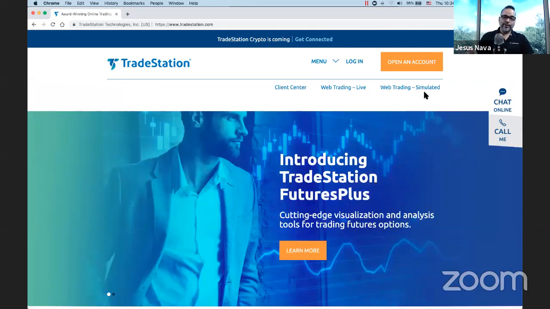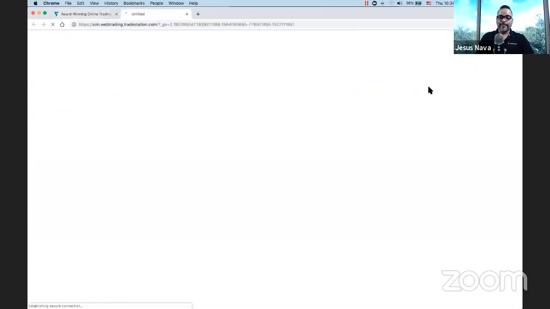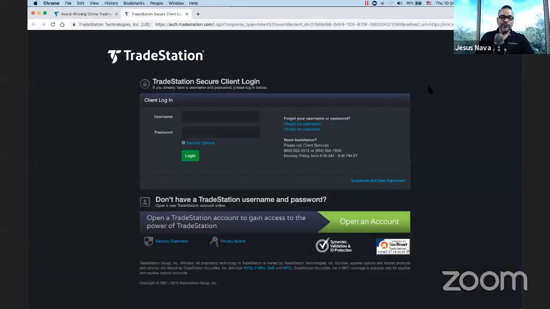Because it's separated here, I'm going to go to the simulated, because that's where I do all my classes. And it's going to ask me to log in. So this is the web trading, browser-based. The third platform that we're going to take a look at later on in this class is the mobile platform. So we're going to take a look at Android and iOS environments, and I'm going to show you a few things you can do there that are not available on the big